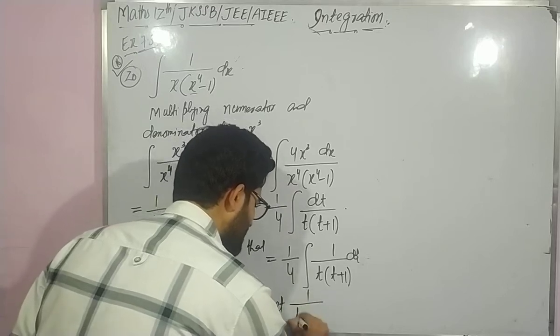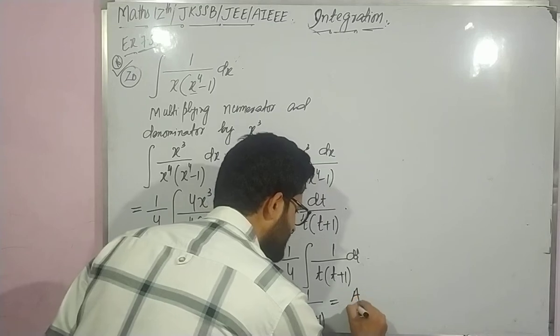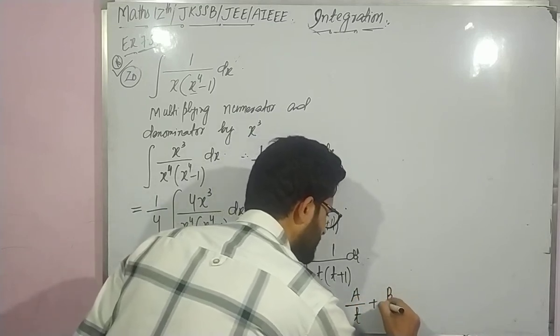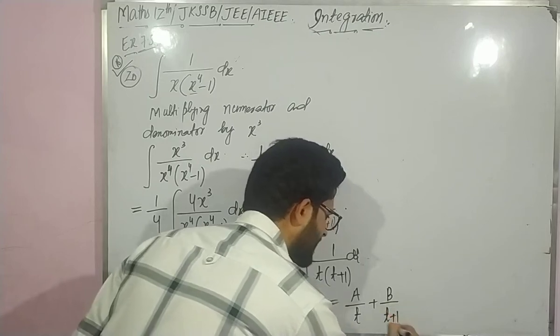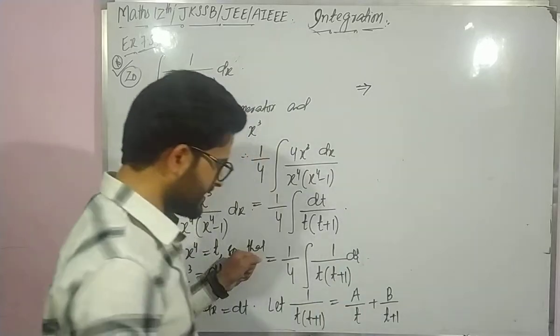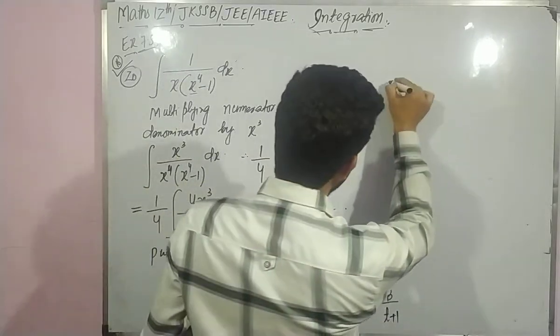So let 1 divided by t into t plus 1 be equal to constant a divided by the first linear factor t, plus constant b divided by the second linear factor t plus 1. Now this can be written as, multiplying both sides by t into t plus 1, we will get 1 is equal to